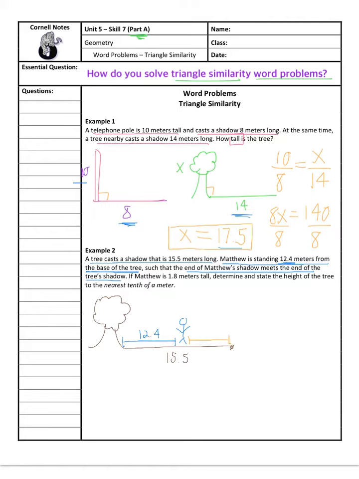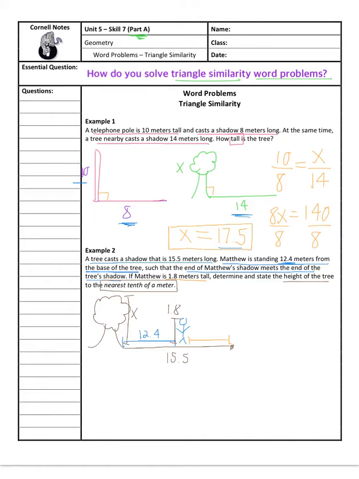It then tells me if Matthew is 1.8 meters tall, so Matthew's height, so if I do a little something like this, he is 1.8 meters tall. Determine and state the height of the tree to the nearest 10th of a meter. So my goal here is to figure out how tall is the tree? So at this point, we have a lot of numbers, and we've got to figure out which numbers we should